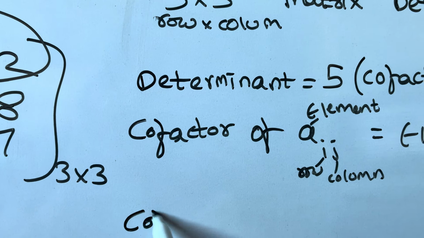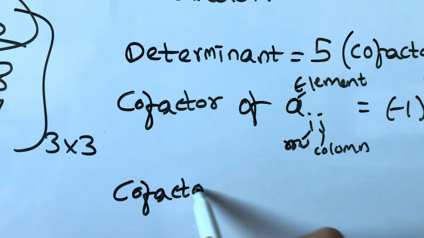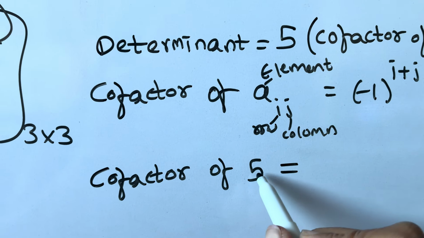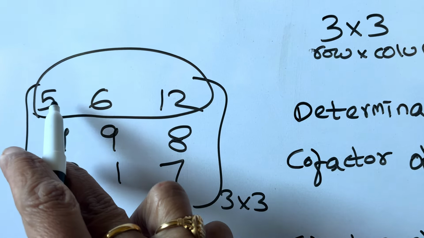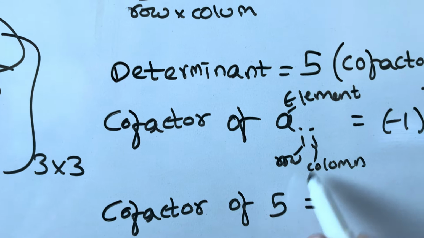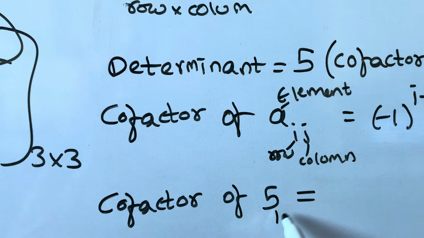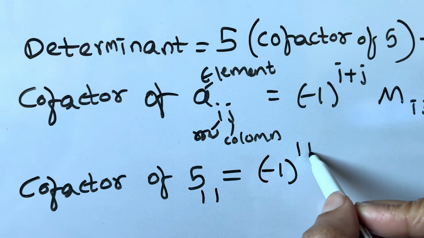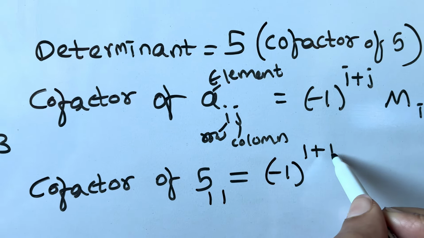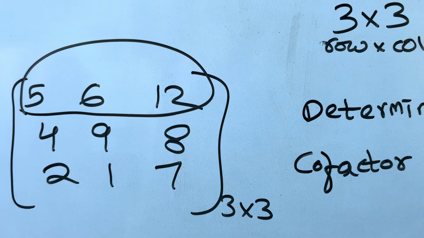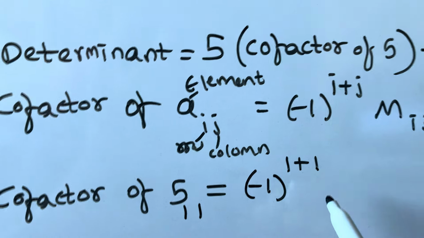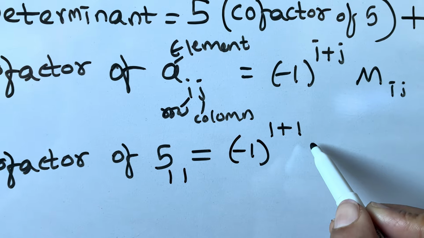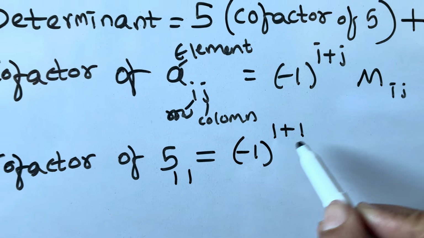Let's find out the cofactor of the first element, which is 5. Since 5 is my first element in the matrix, my i and j values will be my first row and first column. So it will be -1 to the power 1 plus 1, because i is the row and j is the column, and 5 is in first row and first column. So i plus j becomes 1 plus 1,